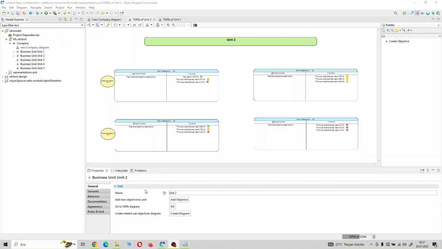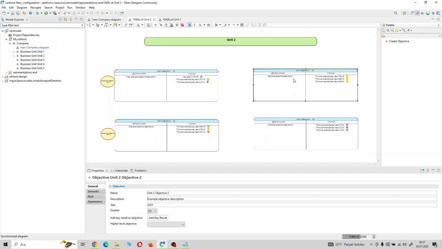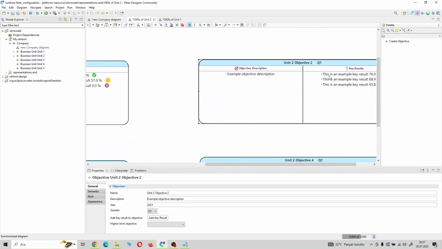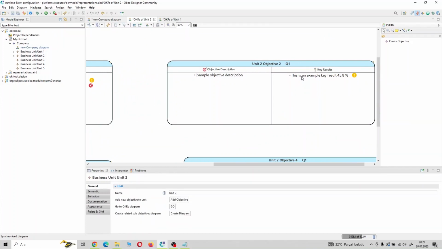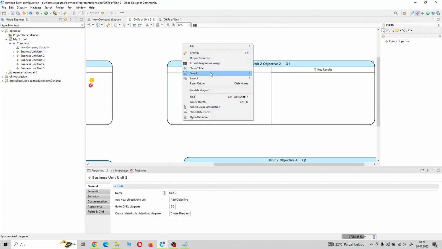There are also validation rules that validate the model and warn the users about problems in the model, like an objective without a key result. Let's delete the key results of this objective. Now when we validate the model by right clicking and clicking validate diagram,